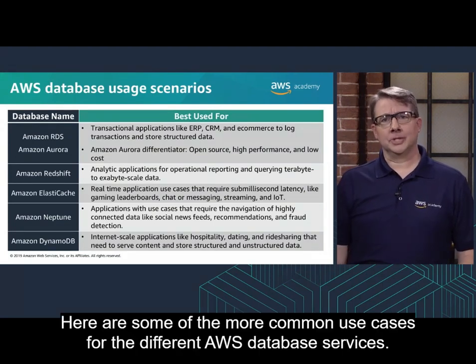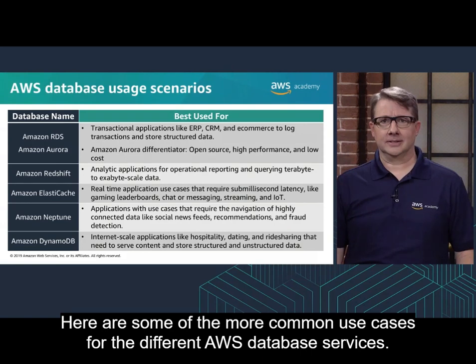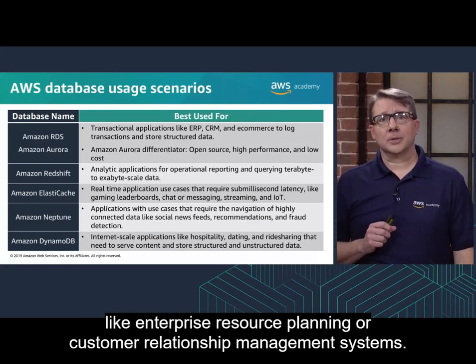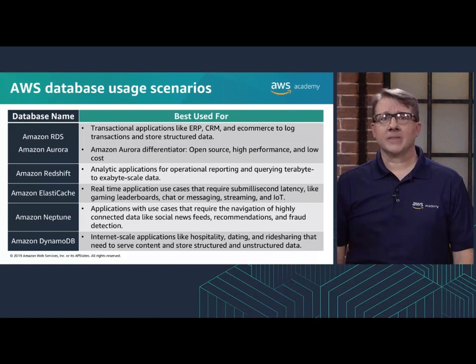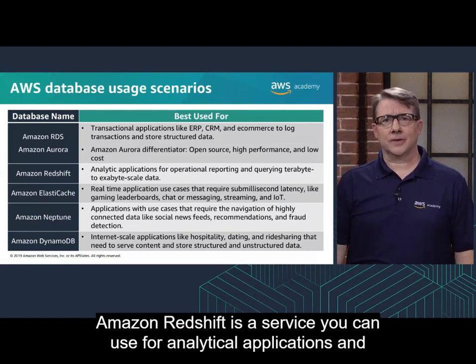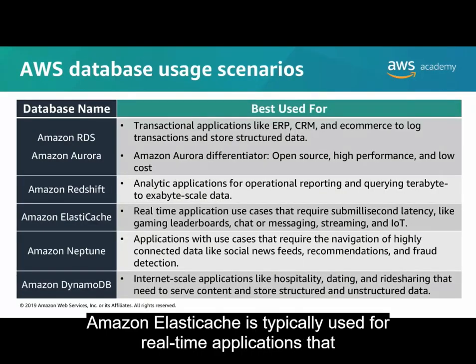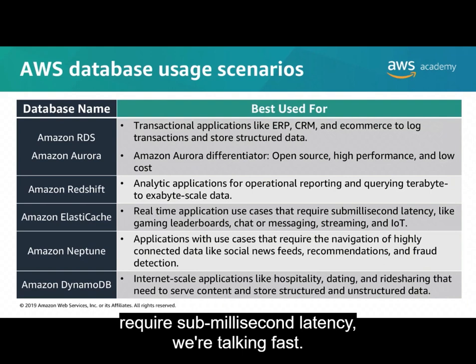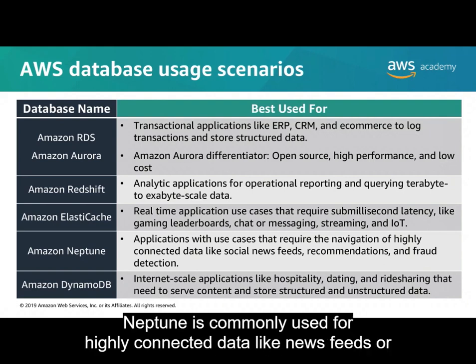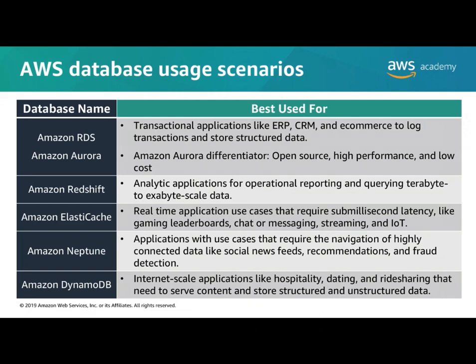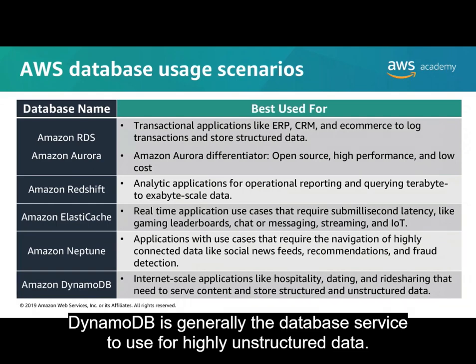Here are some of the more common use cases for the different AWS database services. Amazon RDS and Aurora are generally used for transactional database applications, like enterprise resource planning or customer relationship management systems. Amazon Redshift is a service you can use for analytical applications and when working with very large data sets. Amazon ElastiCache is typically used for real-time applications that require sub-millisecond latency. We're talking fast. Neptune is commonly used for highly connected data like news feeds or web applications that provide recommendations. DynamoDB is generally the database service to use for highly